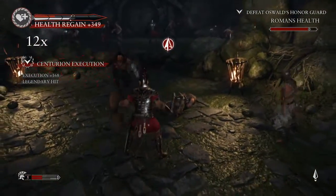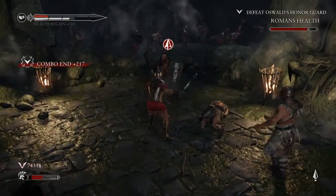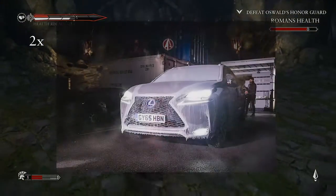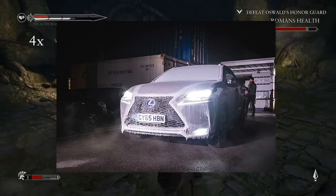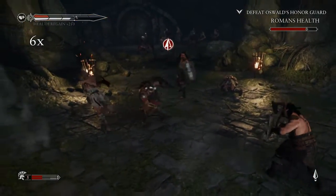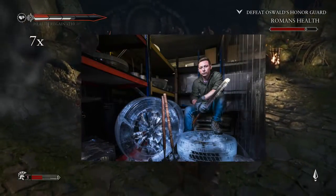They were trying to come up with a project for the winter theme and design. So what they did is they took a Lexus NX, covered it in water, and froze it at negative 22 degrees for 5 days. And then they took a group of 4 sculptors and they sculpted tires from big blocks of ice that had